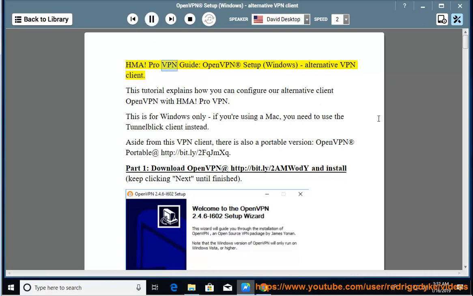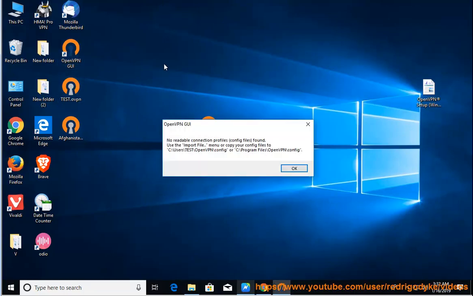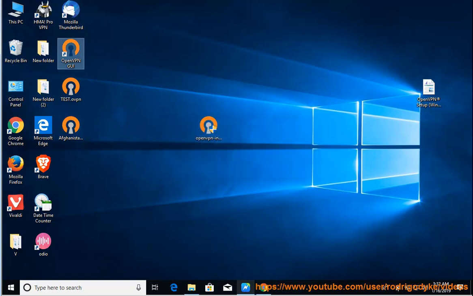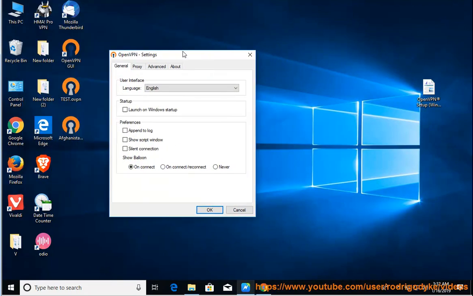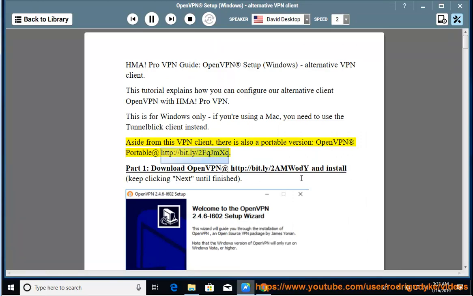HMA Pro VPN Guide, OpenVPN Setup, Windows, Alternative VPN Client. This tutorial explains how you can configure our alternative client OpenVPN with HMA Pro VPN. This is for Windows only. If you're using a Mac, you need to use the Tunnelblick client instead. Aside from this VPN client, there is also a portable version, OpenVPN Portable, at